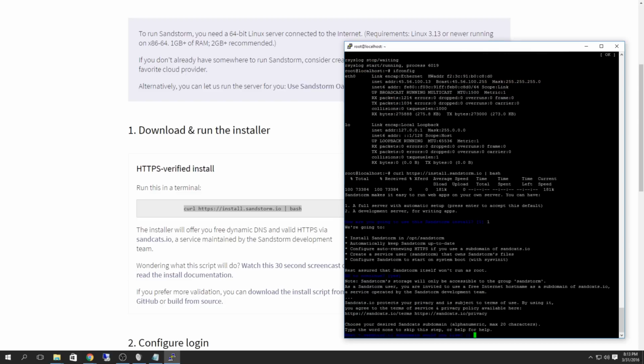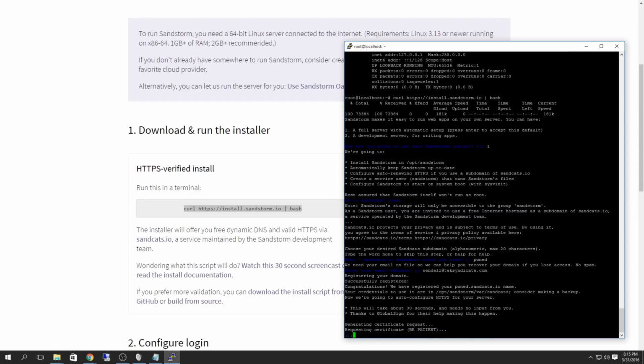So here we can choose the subdomain that we want. So what are we going to call this? I'm always bad at naming things. PWNED. I wonder if anybody's got the PWNED. Hey, no one is using Pwned. I guess that's good. All right, so what it's doing right now is communicating with the Sandcat server, and it's issuing an SSL certificate to